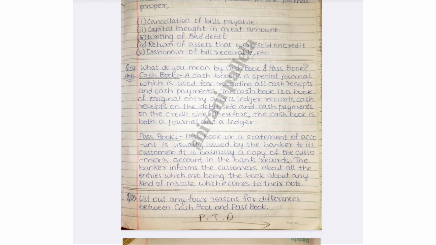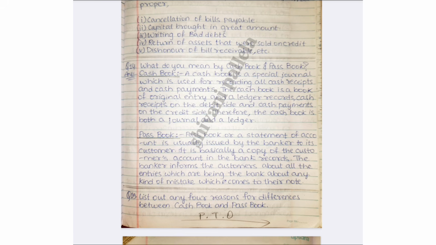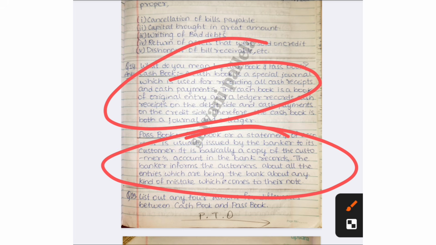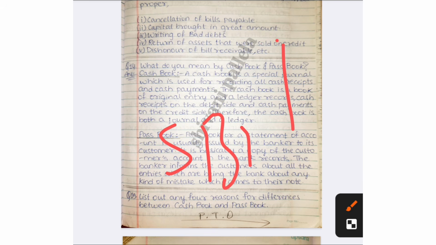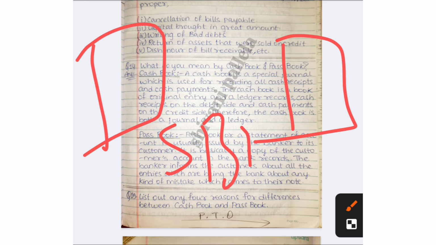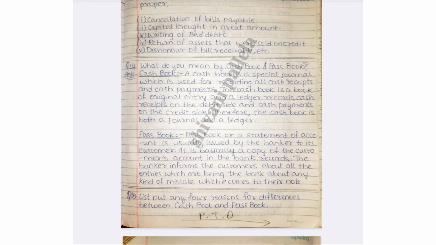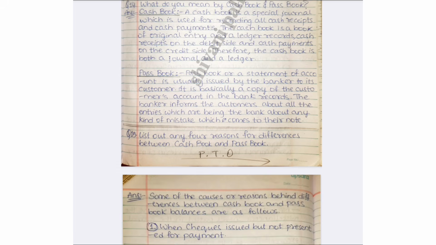Clear? Next, what do you mean by cash book and passbook? Cash book is where you maintain the cash bills, cash receipts, all the cash related things. Bank passbook is what the banker maintains for its customer, copying whatever is in the customer's account. For example, you are having an SBI account. We will have one book, and the banker will have one book. Whatever transaction we make, we will get the notification, and in the bank also we will get the notification. Like that, we will have the cash book and bankers will have the passbook. These are the two different things, cash book and passbook, most important one.